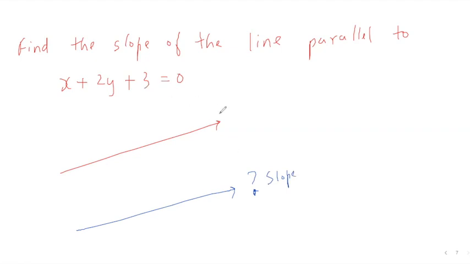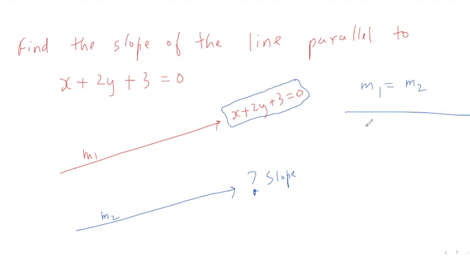The red line's equation is given to us, and that's x plus 2y plus 3 equals 0. So we know the slope of both of these. Let's say this is m1, the slope, and this is m2. So both these slopes will be equal, right? So we can find the slope of this line, right? To find the slope of this line, we've got to make y the subject of the formula, right? We've got to get it in the form of y is equal to something times x plus some constant, okay? So just using some simple algebra there, I'll write this first.